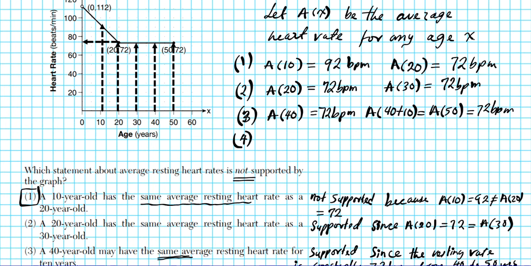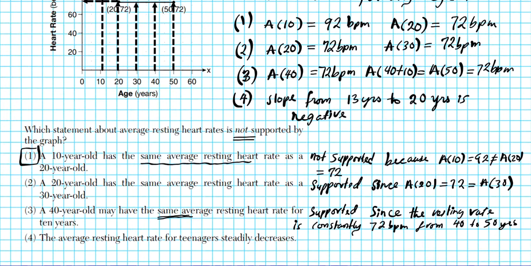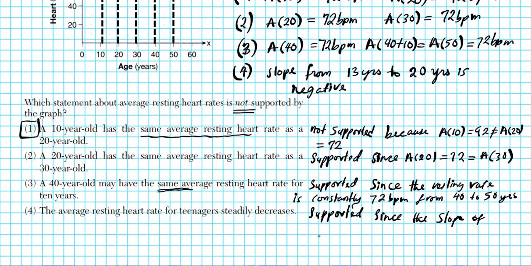Okay? Alright, so we just say the slope from 13 years to 20 is negative. Okay? Alright, so is that supported? Is this statement supported? Definitely. So this is supported for the same reason. Okay, since the slope of the line during the teen years